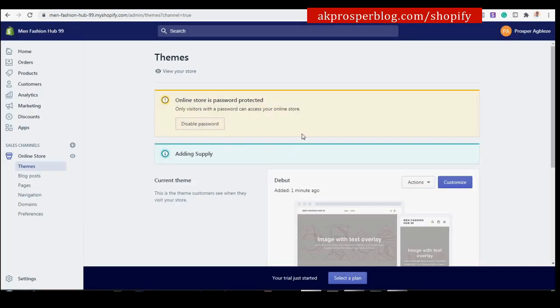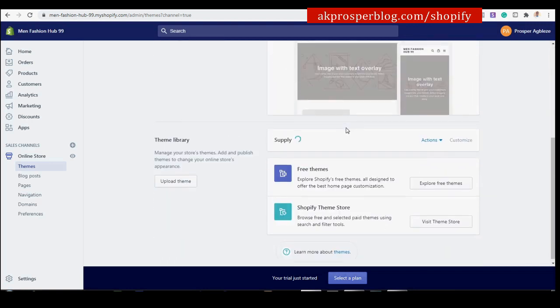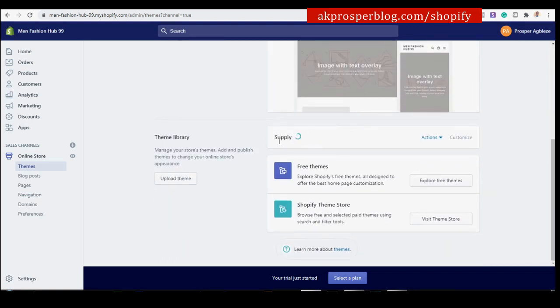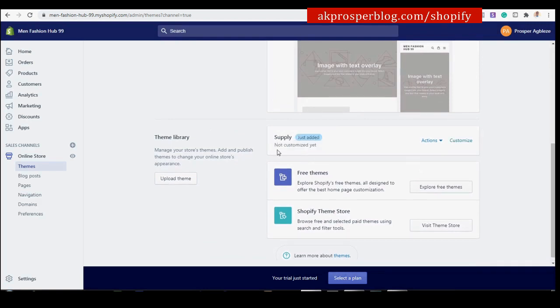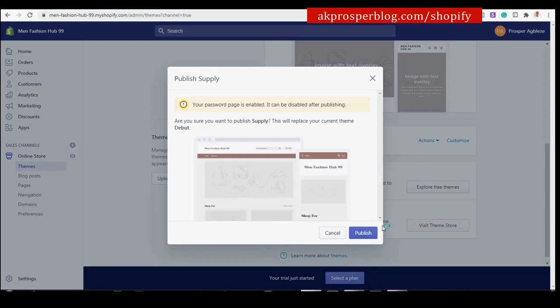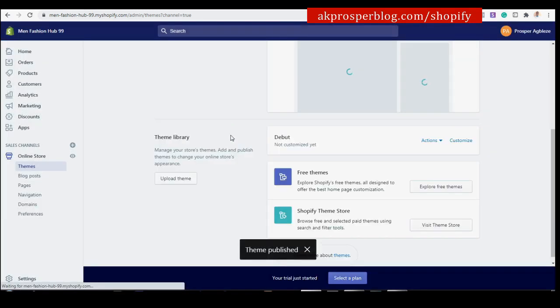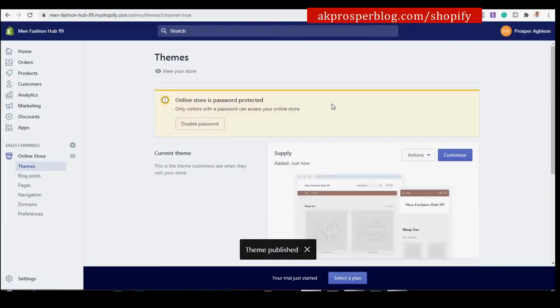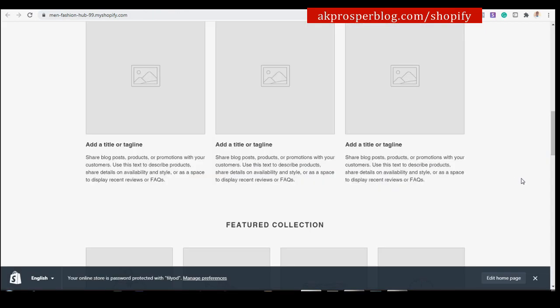So now it has been added to our theme library, but that's not the end. You still scroll down. You can see it is still loading up Supply. Let's just wait for it to load up. Okay, so it's just been added. Then you click on this action, and then you publish. Just click on publish again. So you can see the theme is published. If you go back to the store, Men Fashion Hub 99,